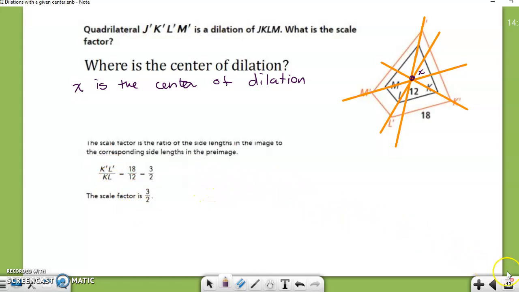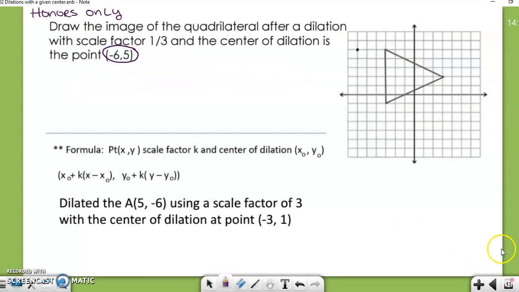Okay, the next one is for honors only. We're going to look at dilating about a point that is not the center. We're going to be doing this on the coordinate plane. It is very much like the rotations and translations, without using the origin as your center. So if I label these A, B, and C, and I write them out,